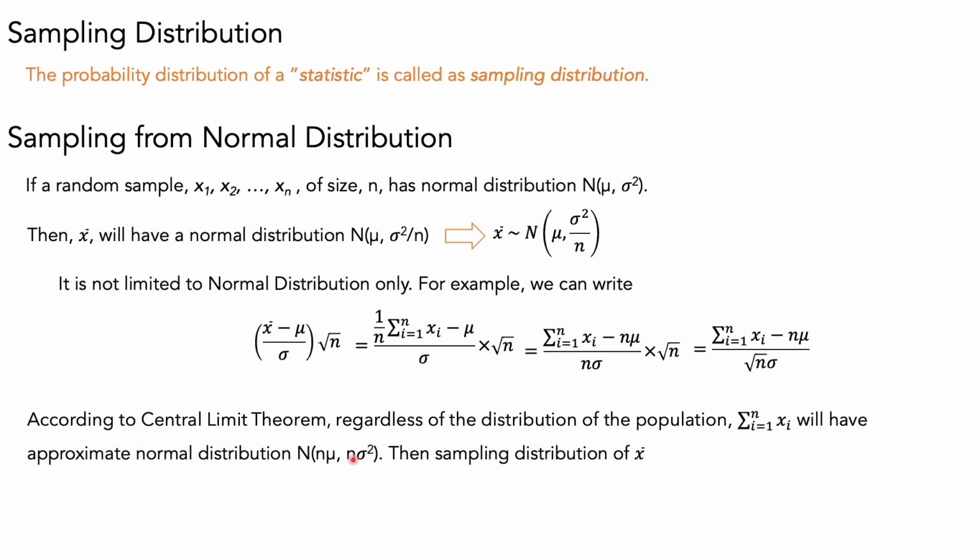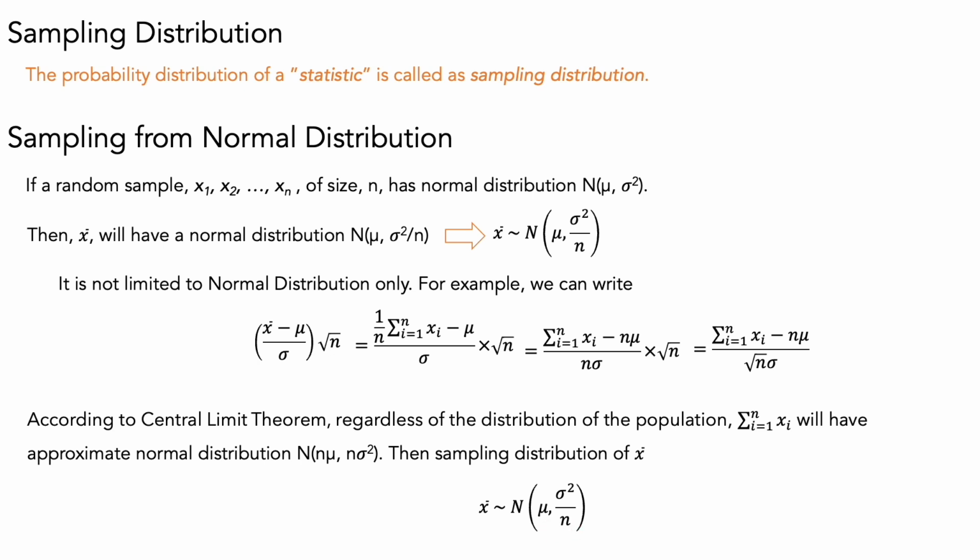Okay, then from here we can say that the sample mean will have a normal distribution which is represented like this. So it is the same as this, right? So regardless of the probability distribution of the population, the sample statistic or the sample mean will always follow an approximate normal distribution with these parameters. Okay,